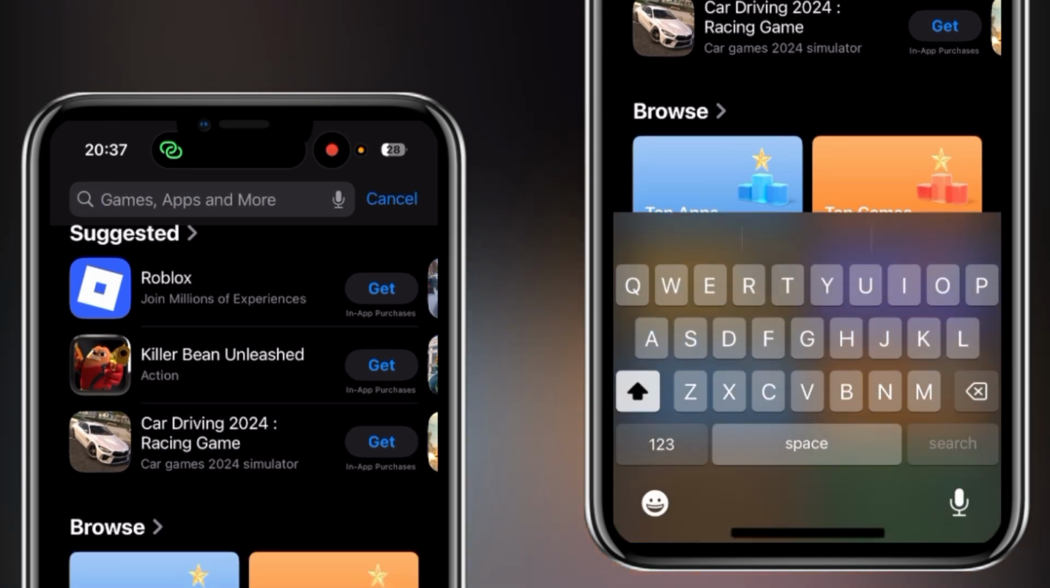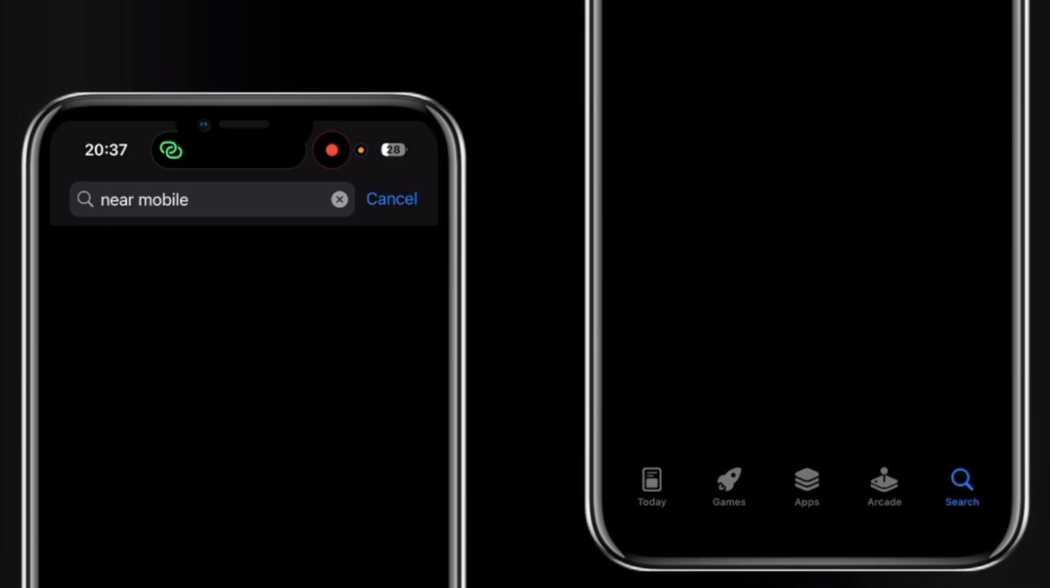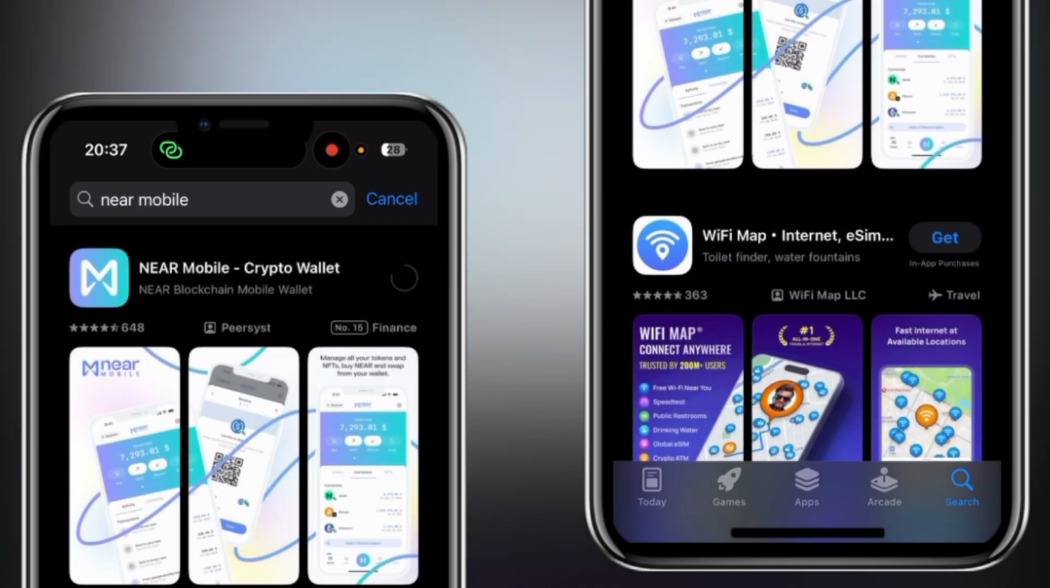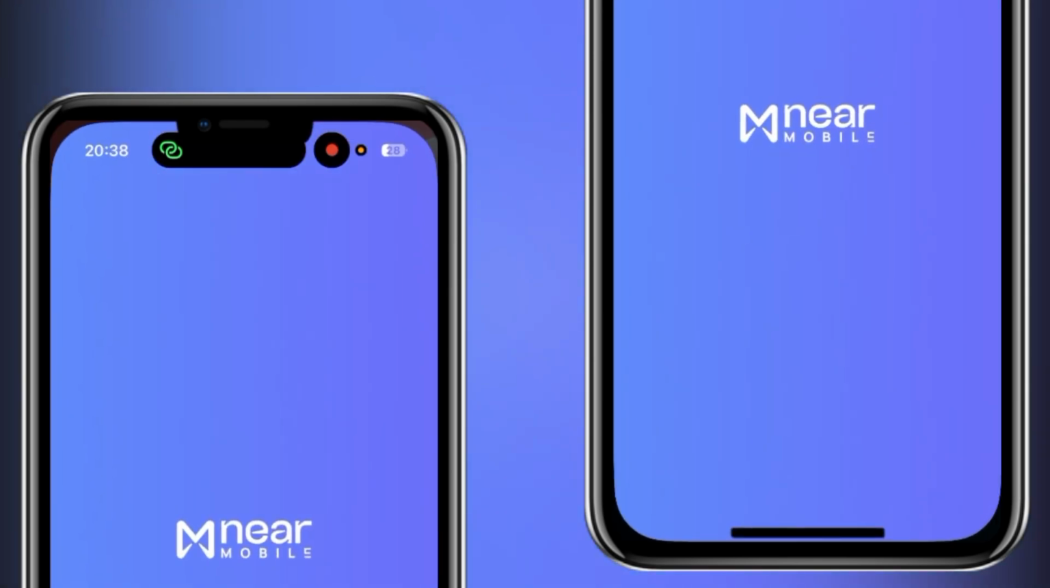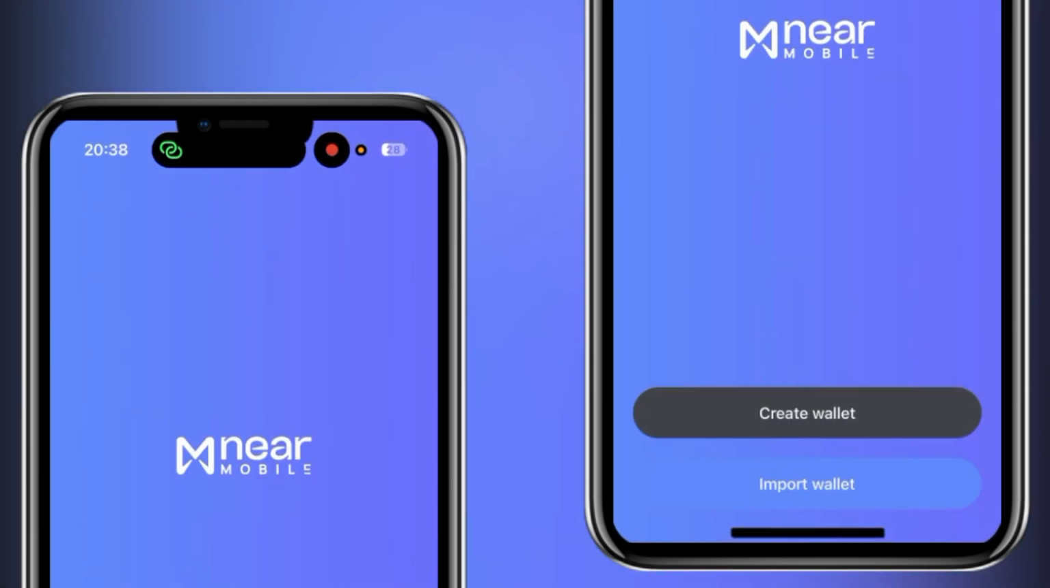Once you come here, use your search bar. Like I've said, it's available for both iOS and Android. You search for Near Mobile, then you go ahead and install the app. I don't have it installed on this phone, but I have it installed on my other phone, so I'm going to install it for the first time. After doing the installation, the next thing you want to do is to open up the app. Once you open up the app, instead of clicking on this create wallet button,